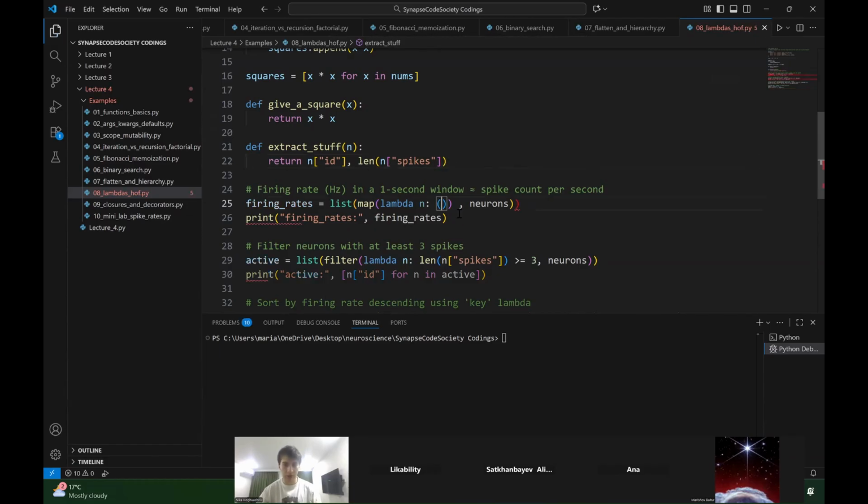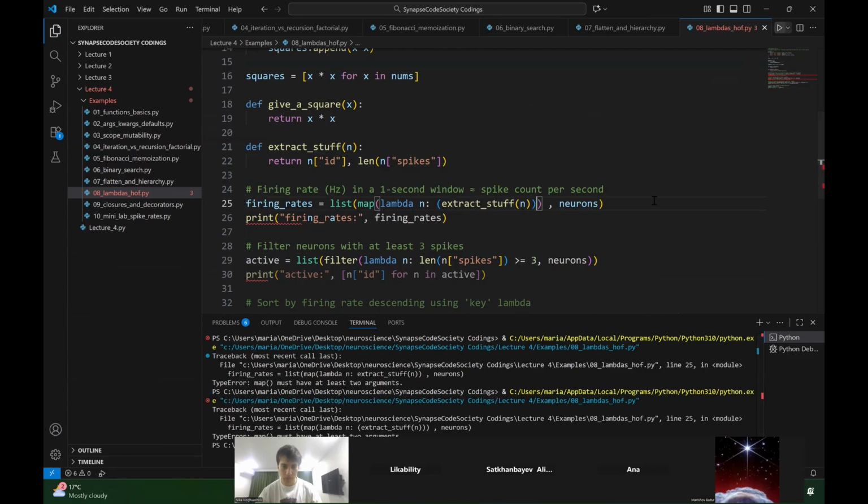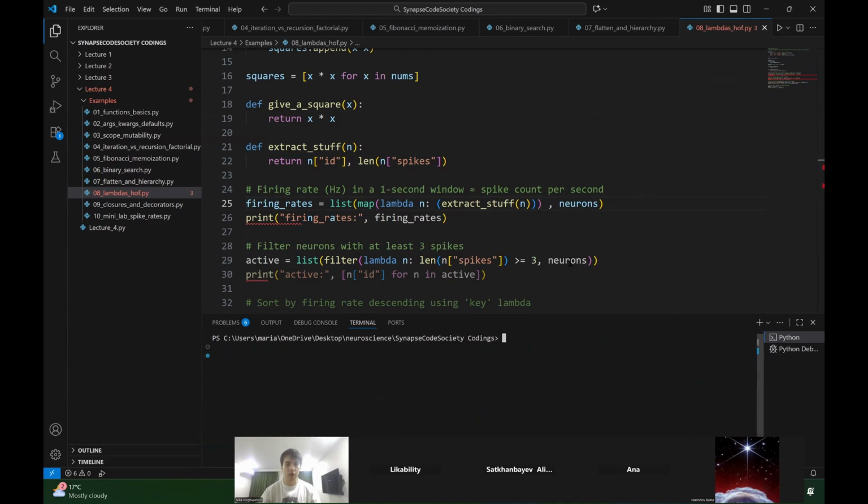And here I could have said extract stuff from n. Okay, it's messing up for no reason now. Okay, I'm not sure why this code is crashing, but